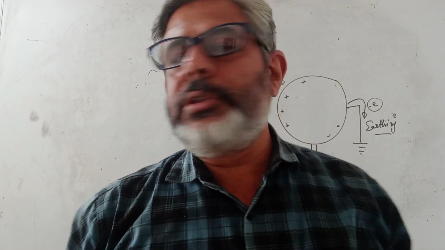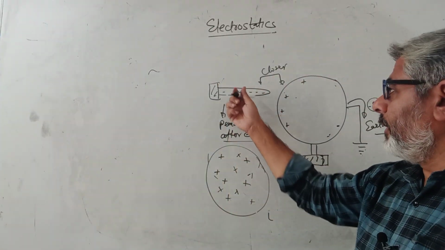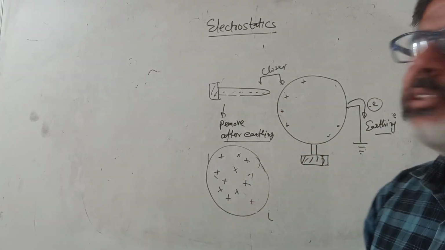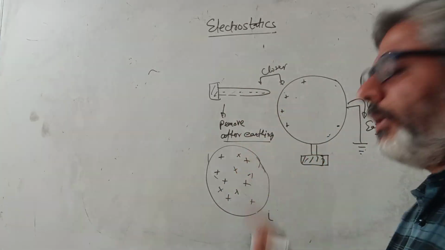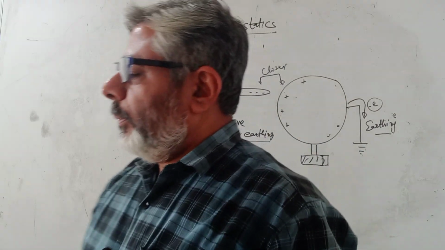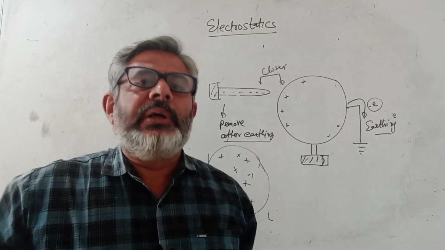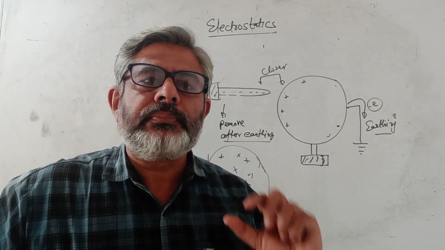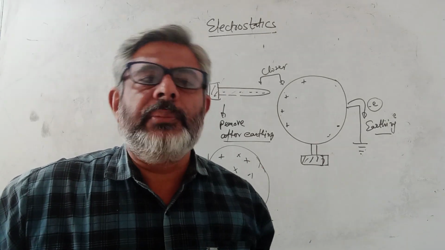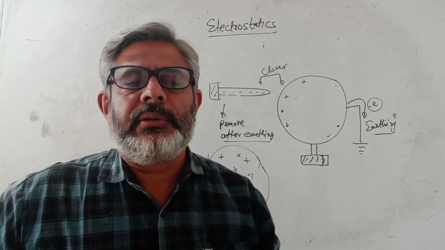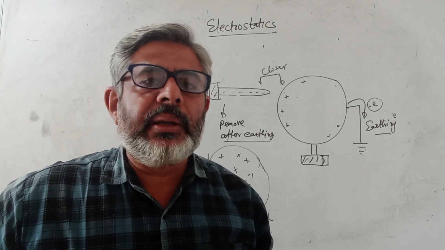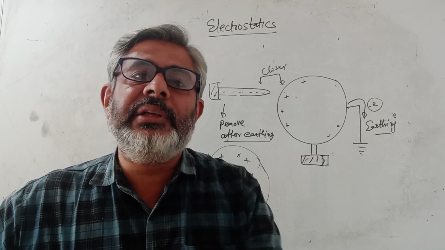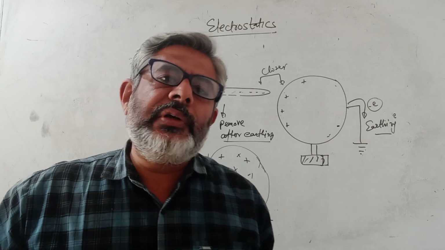So by induction also you can charge, but when you charge by conduction, if it is negative, it will make it negative. If it is induction, then if it is negative, it will make it positive. So this particularly works well in the case of conductors. So we can charge something by actual contact, by rubbing, or by bringing in contact and then earthing that substance. So these are the different ways to charge something.